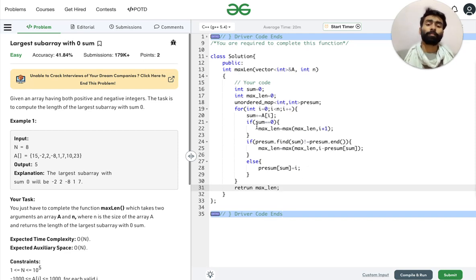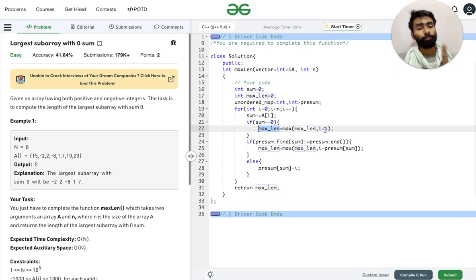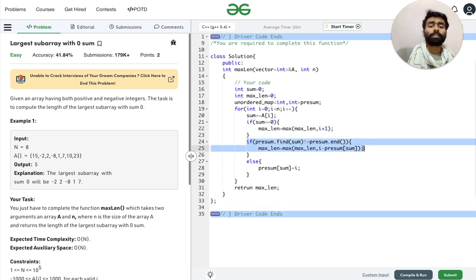So here we calculated the sum up to the current element. Here we check if the sum is equal to 0, and if so, we pass that value to max length by comparing it with i plus 1 and the max length already present. Whichever is greater will be passed to max length. Next we look for the sum already present in the map.